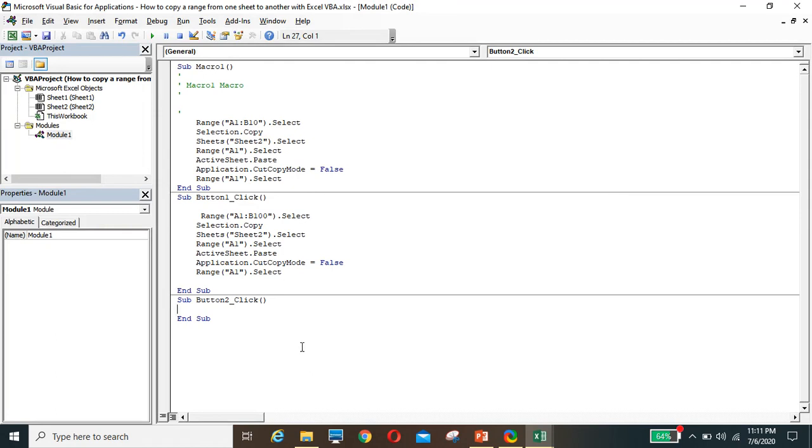So here I just type in Worksheets, open bracket, double quotation mark, Sheet2. We want sheet 1 to sheet 2, Sheet2 here. Then dot Range. So we want the F1 to G100 range. Close. Dot Value equal to Worksheets